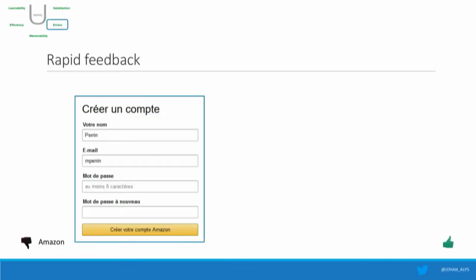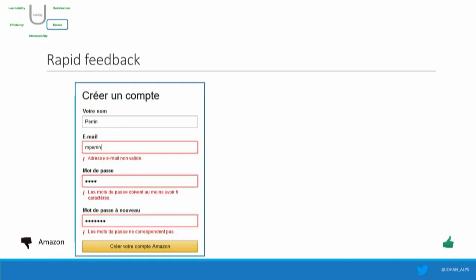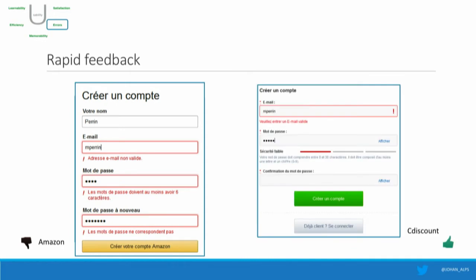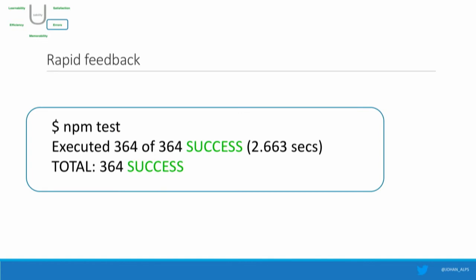Another usability thing is that whenever a user interface gets a rapid feedback, we're very happy. That's more usable. So here's an example from Amazon. You have to submit to get the errors. But we're getting used to this kind of interface, where as we type or as we tab out of a field, we get feedback. And likewise in code, we're getting used to very quick test suites. We can actually improve the usability of our application if we improve the speed of the test suite.